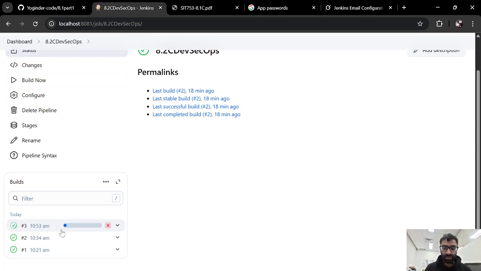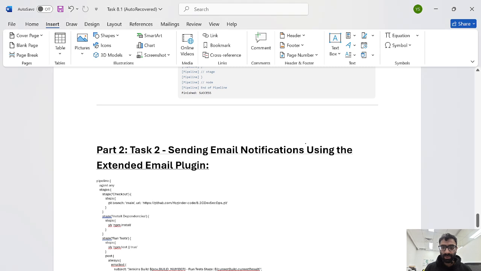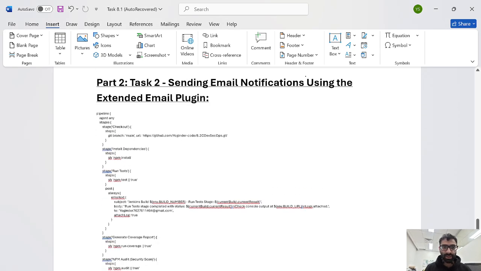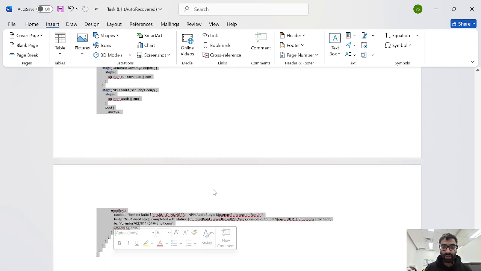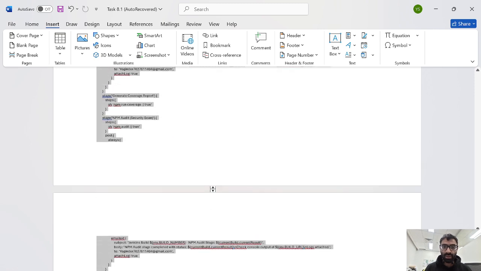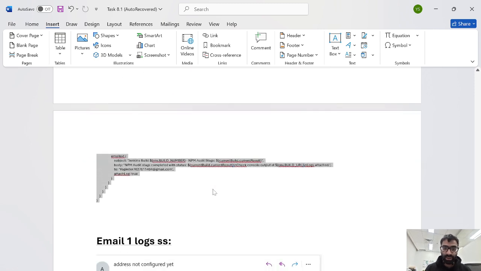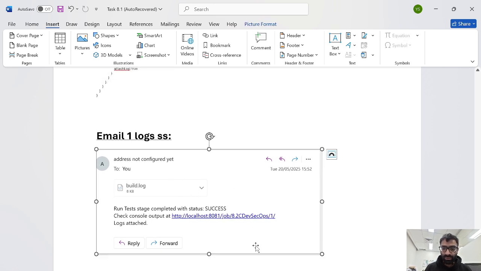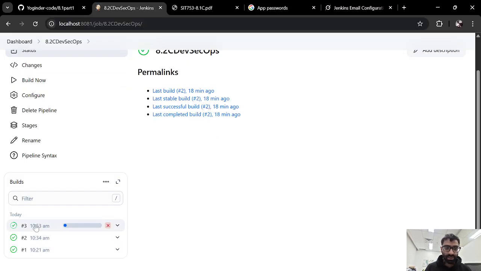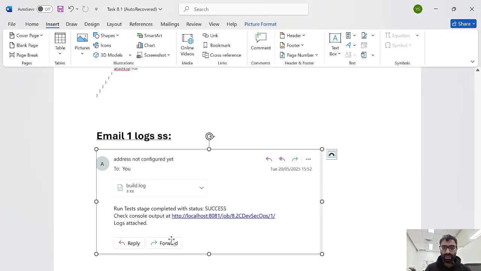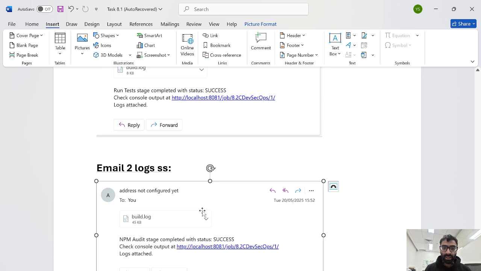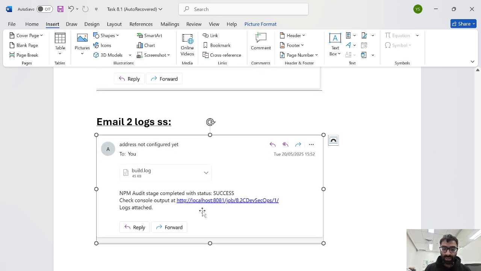So it's in the build process. Meanwhile, we will explain how we are doing this task. This is the particular code we used to add the email plugin in our Jenkins, and we have installed the email plugin library in our Jenkins. After we build this task, we will see the email notification like this. This is a test stage complete success, and this is the particular build log we'll get after the email success. Again, when we do the second stage,